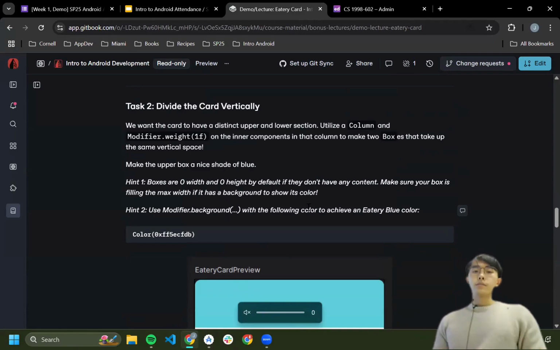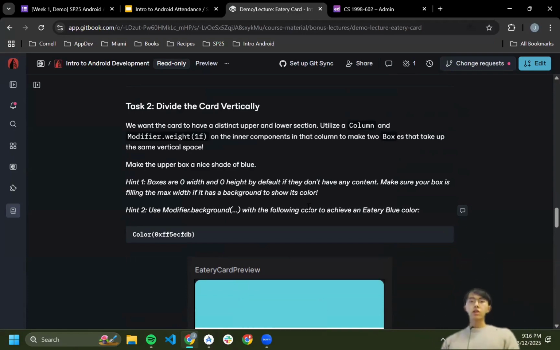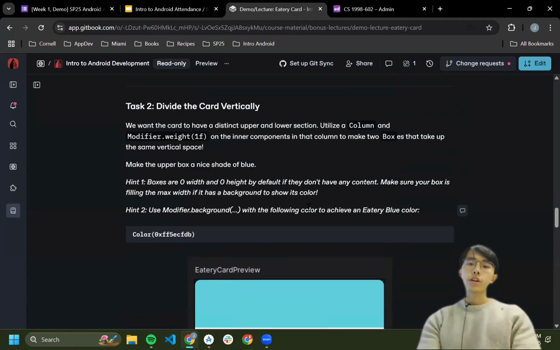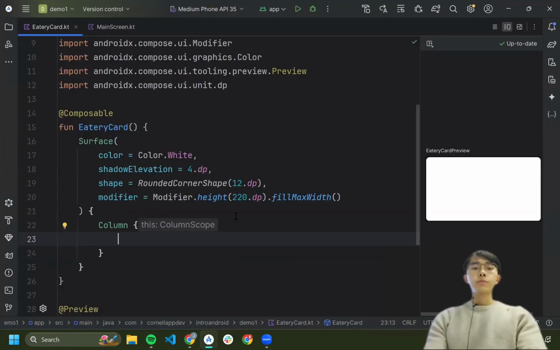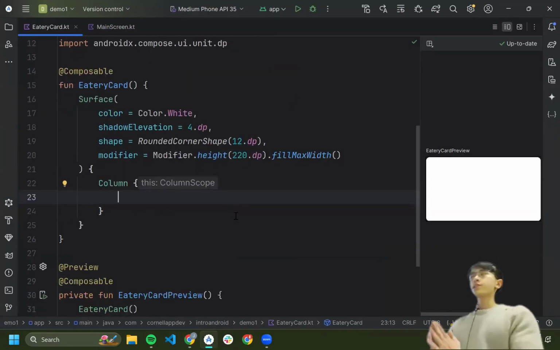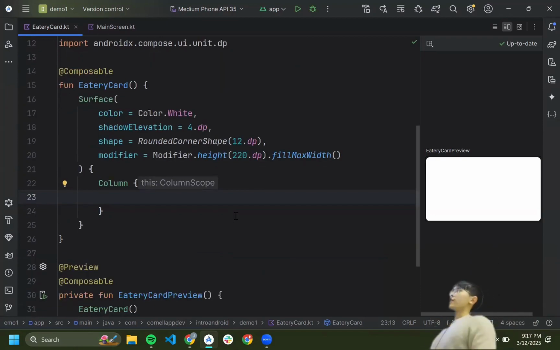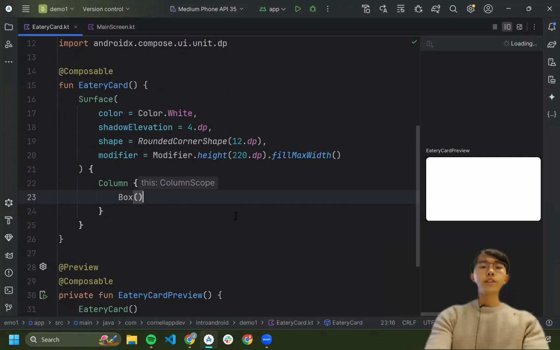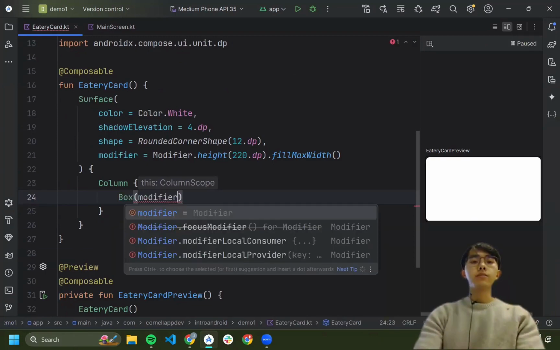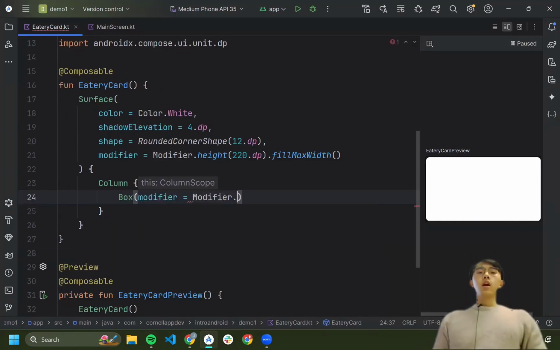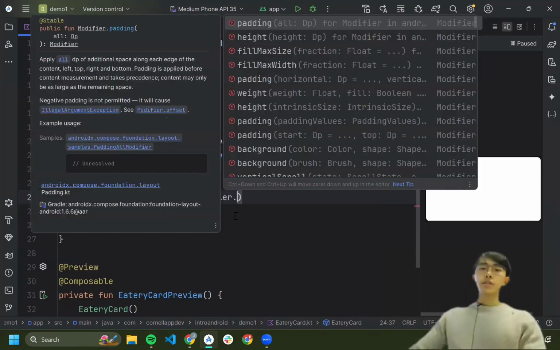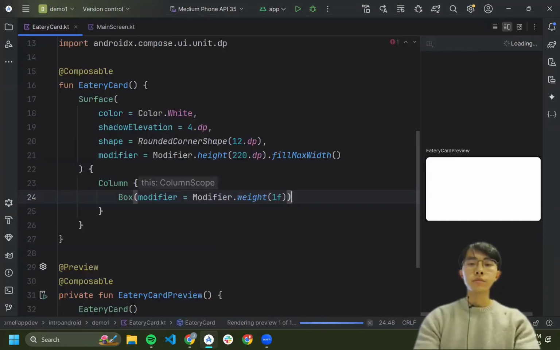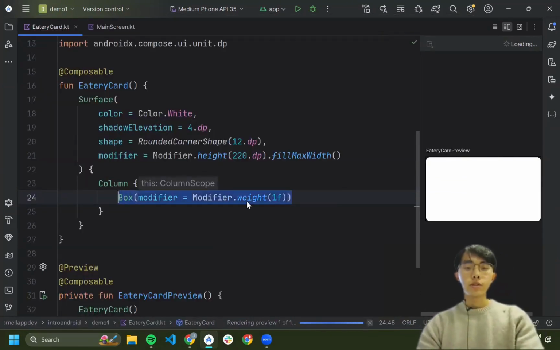Okay, cool. Let's see. So yeah, a column and two boxes, sure. So basically, if you want things to take up the exact same amount of space in some containers, like column and row, you can use the weight modifier on items within that container. So if we apply weight here to this box and as well to this box,